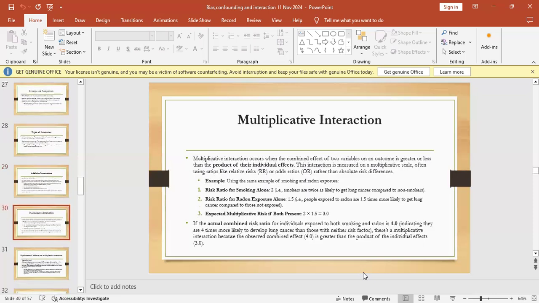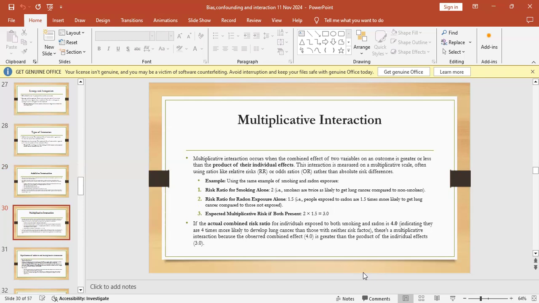No multiplicative interaction. Multiplicative interaction occurs when the combined effect of two variables on an outcome is greater or less than the product of their individual effects. This interaction is measured on a multiplicative scale, often using ratios like relative risk or odds ratio rather than absolute risk differences. For example, using the same example of smoking and radon exposure for developing lung cancer, suppose